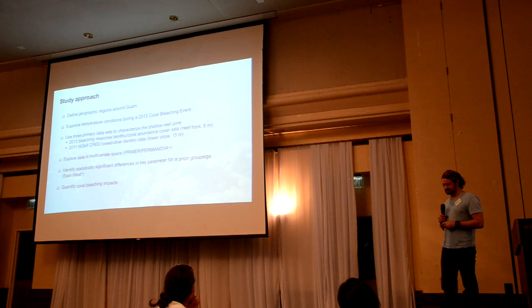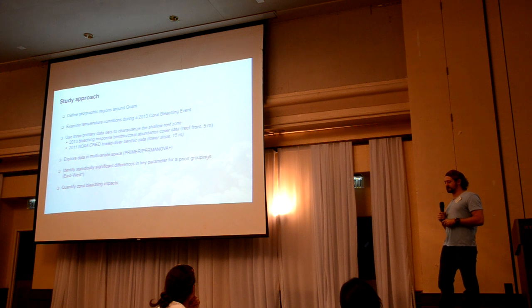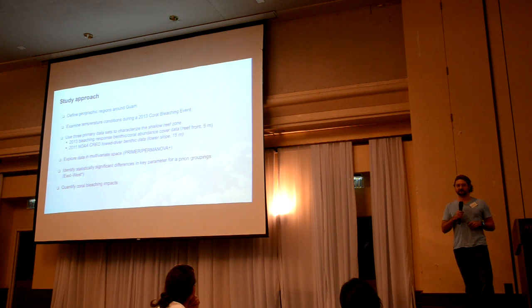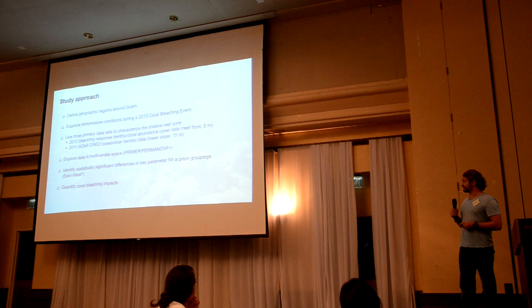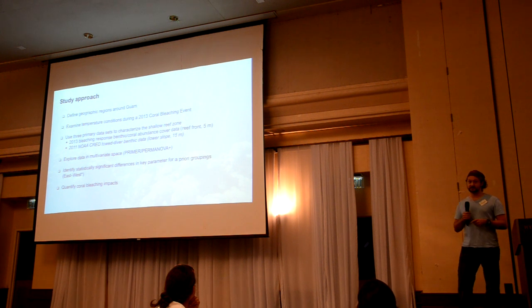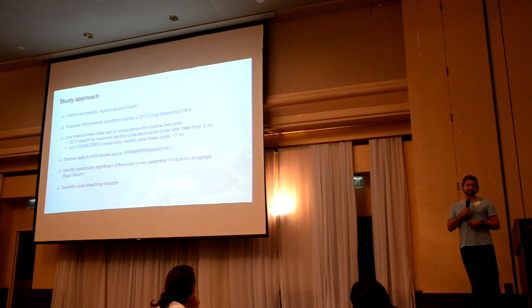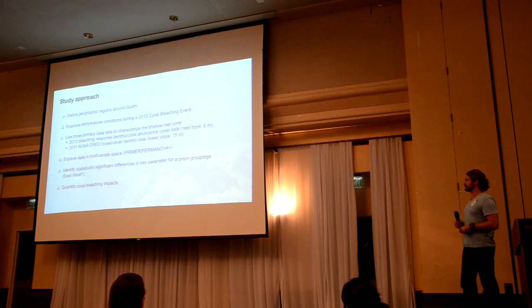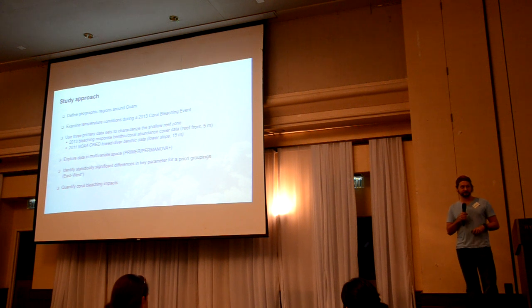First, I want to give you a rundown of how I went about subdividing the geographic regions around Guam. Through various techniques, you can look at the different geographic regions, in which case I use ordination, and I'll explain why. Then I'm going to examine the actual temperature factors that were involved in the bleaching event within the region rather explicitly. And then I'm going to use 3 different data sets to explore the coral and the benthic